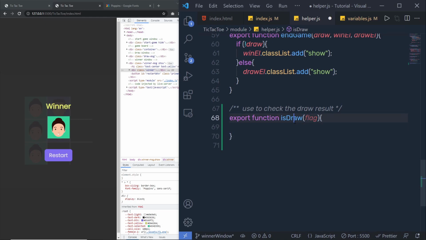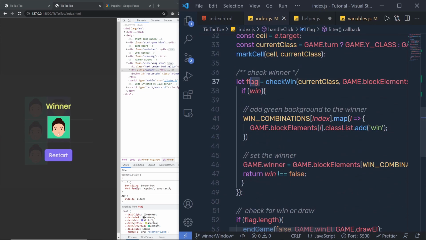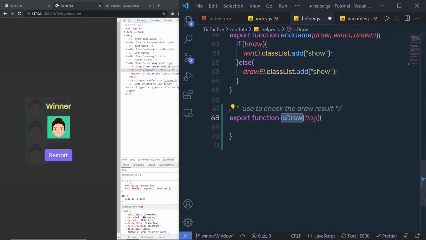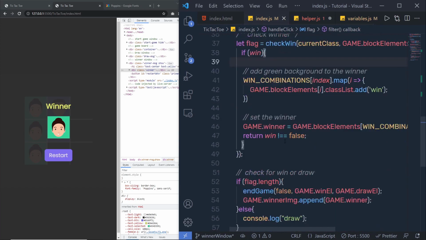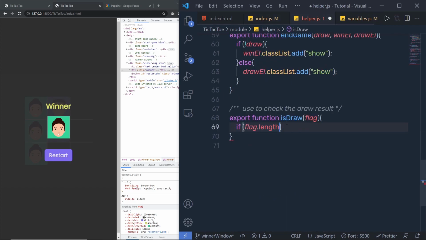When we call this isDraw, I'm going to pass this simple flag variable, this one, because as you know, inside this flag variable we have the winner, right? Now I'm going to pass that. So inside this isDraw, I'm going to first check if the flag.length, if this returns true, then that would be the win. So I'm going to simply say if the flag.length is true, then just return from this function, just exit from this function. And if it is not,